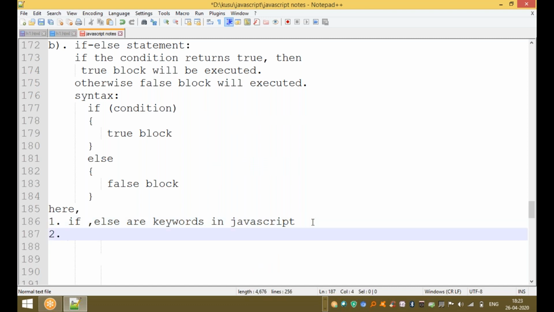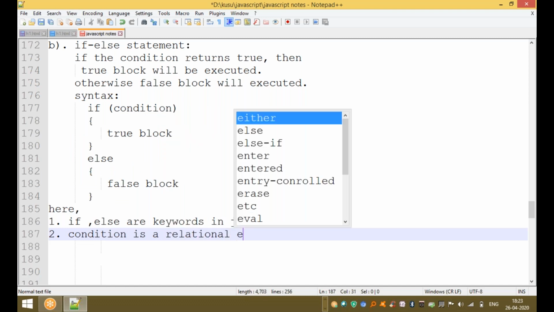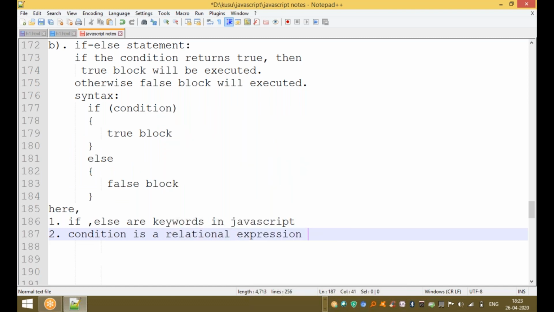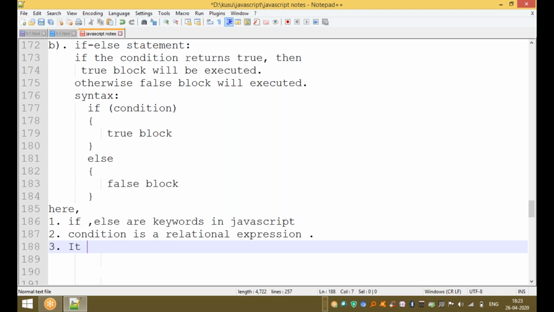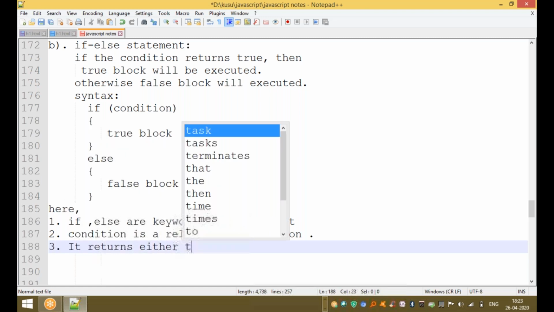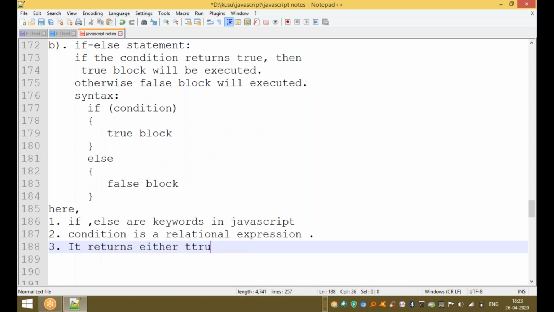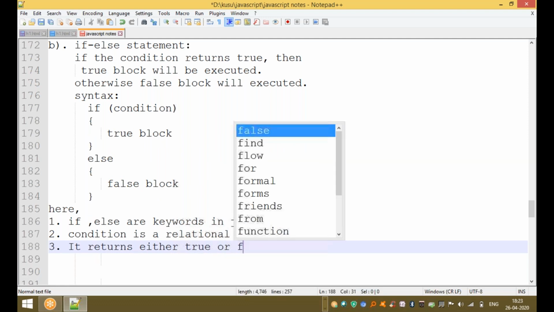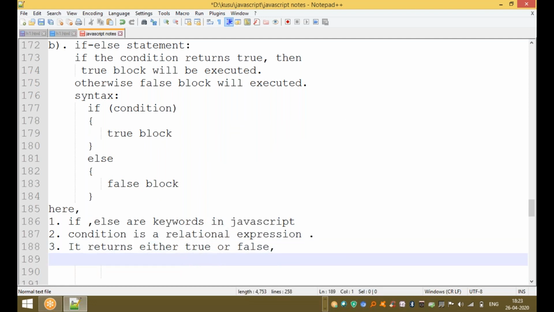The second one, condition, is a relational expression. It returns either a true value or a false value. This condition always returns either a true value or a false value.